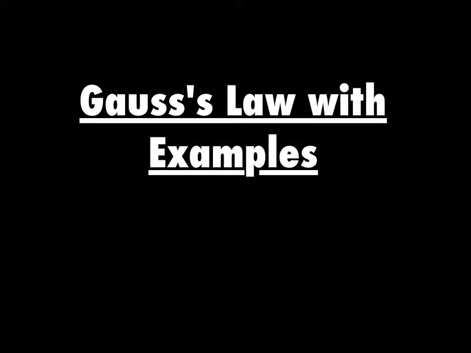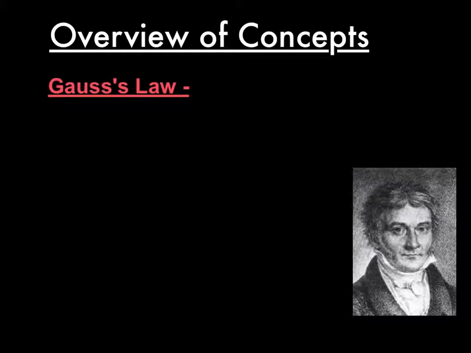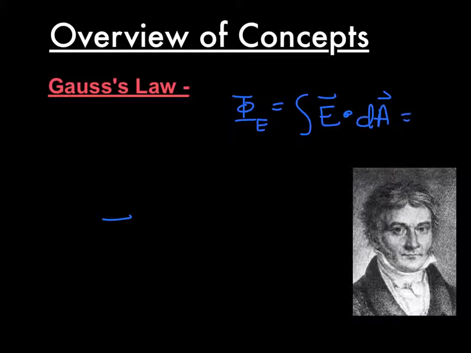We're going to discuss Gauss's law along with some examples of it. Gauss's law was discovered by Carl Friedrich Gauss. What Gauss's law said is that the flux, and if you'll remember, the flux Φ_E, which equals the electric field passing through a certain area, is proportional to the charge enclosed over epsilon naught,